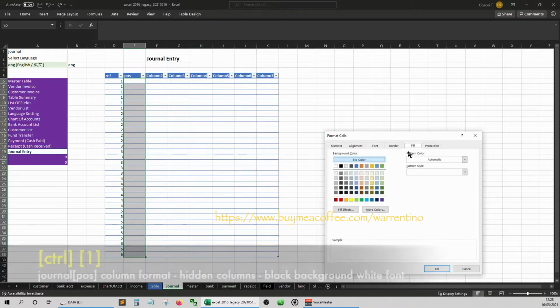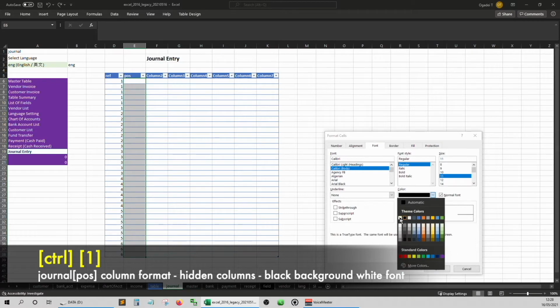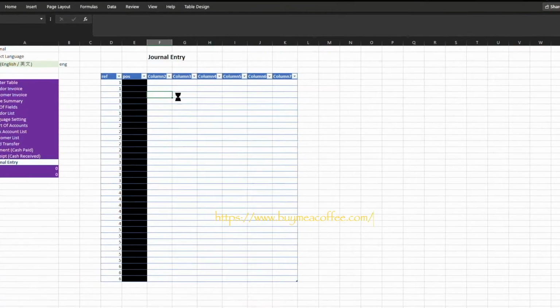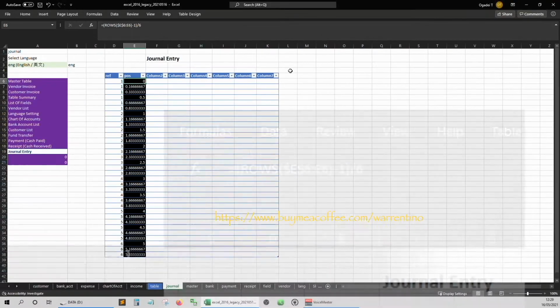Here for the position column, I highlighted and pressed Ctrl 1 to go to Format Cells to give it a dark background with white fonts, because we use black to identify columns that will be hidden.